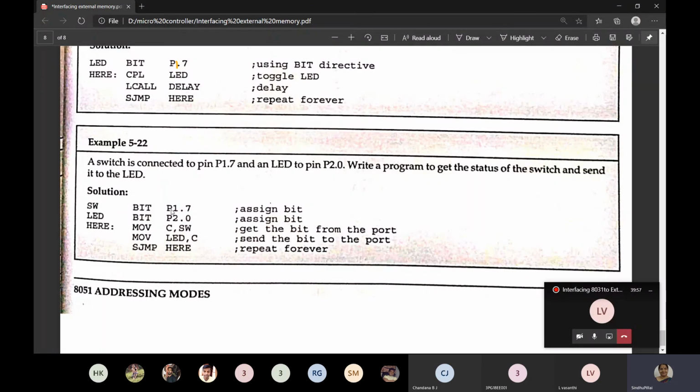SW means pin P1.7. The status of that pin is moved to the carry flag. C represents the carry flag, which is in the program status word. Whatever the status of the carry flag is, that is sent to the LED. LED is nothing but P2.0. So the status of pin P1.7 is sent to P2.0. This is the example to show you how the bit directives are used.